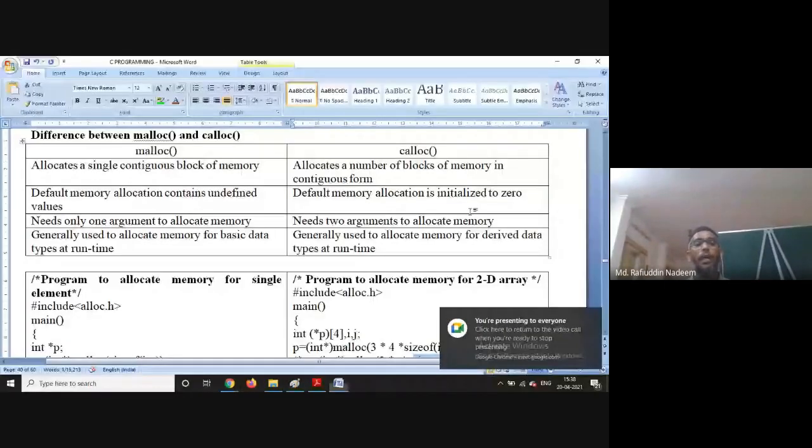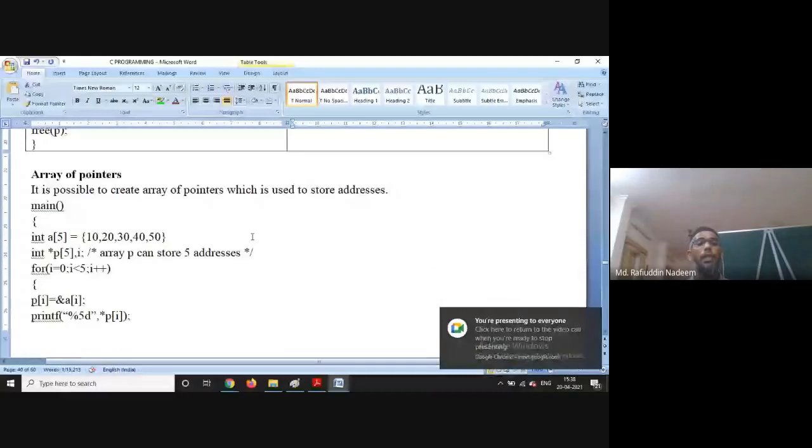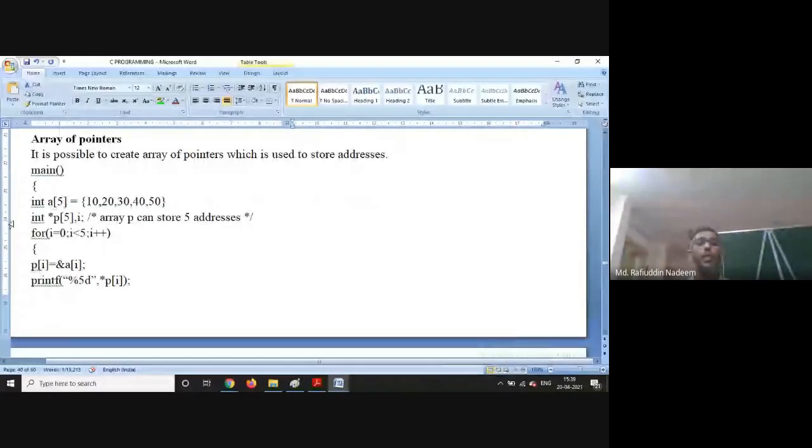Next concept is array of pointers. It is possible to create an array of pointers which are used to store addresses.